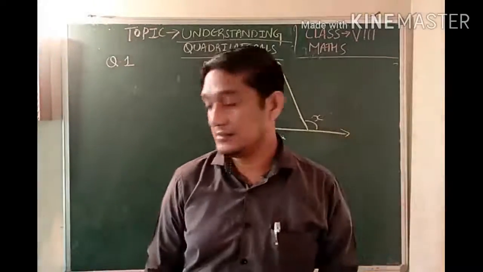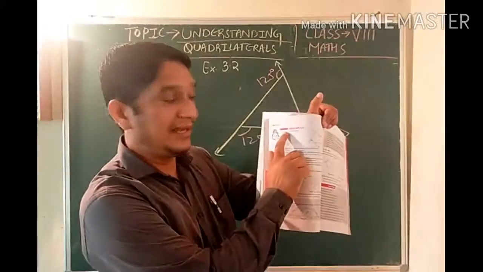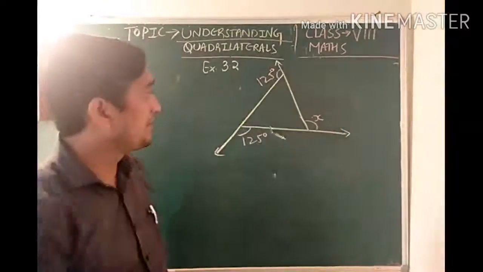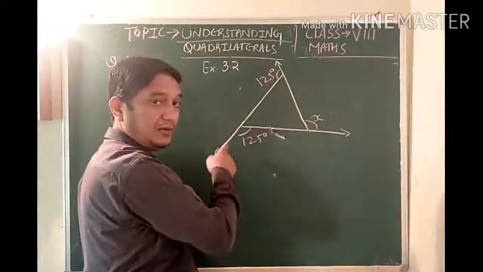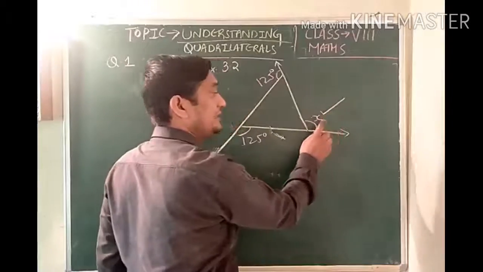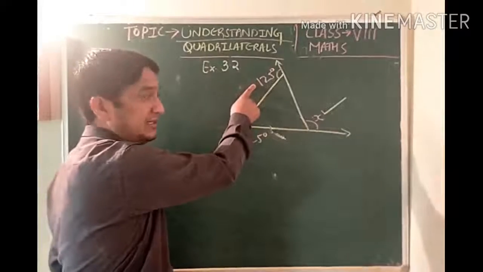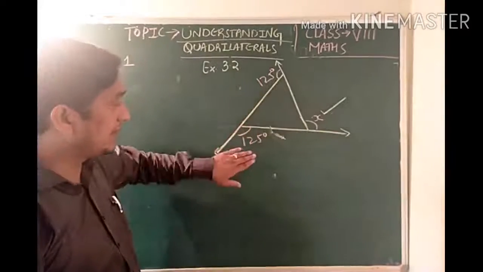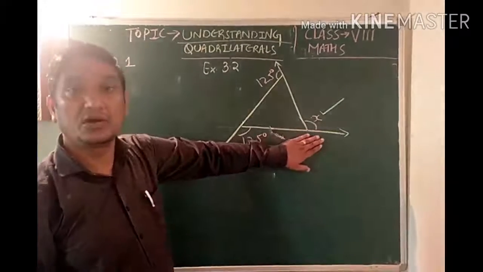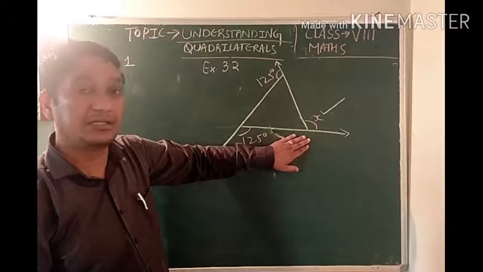And children, in this exercise, the first question is: find the value of x in the following figures. Here we have the first part. This is the figure. Here this x is the exterior angle, and we have to find its value. We have two more exterior angles given. This exterior angle is 125 degree, and the third exterior angle is 125 degree. Now children, recall the concept that the sum of all the exterior angles of a polygon is equal